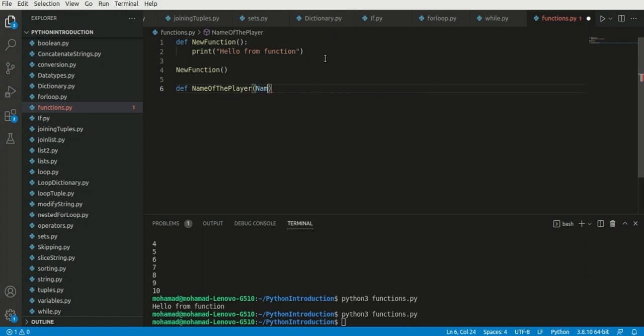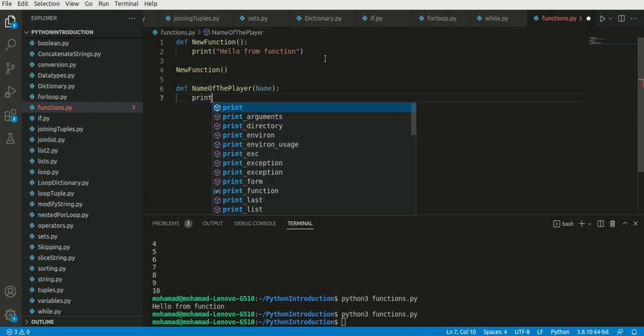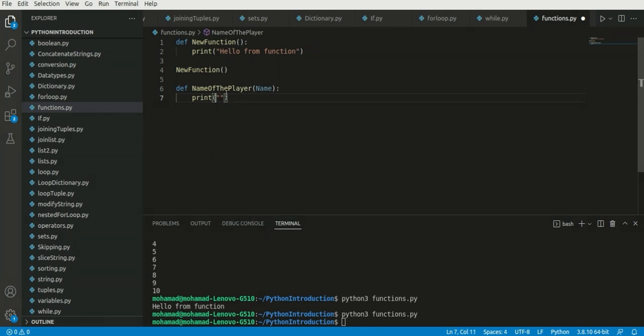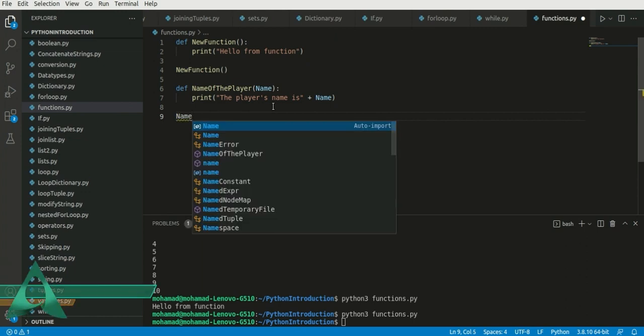So here name is the input variable, and inside of it we can write print, and here we can print, first of all, the player's name is, and plus, and inside here we write name, and then we're going to write name of the player,